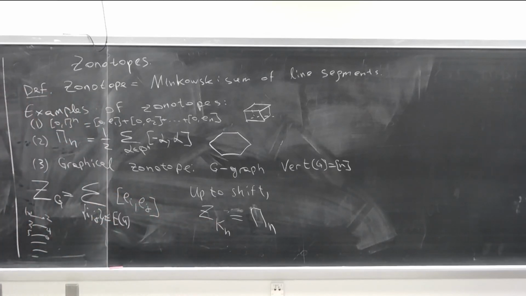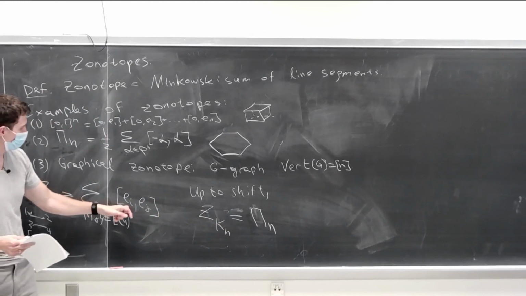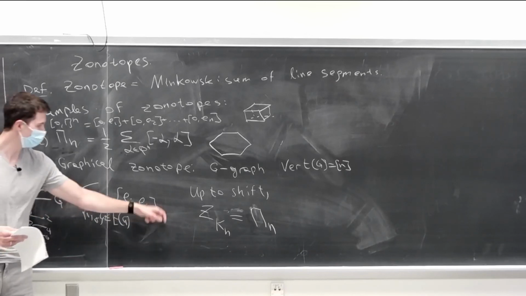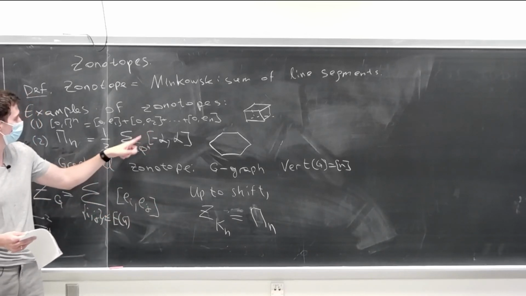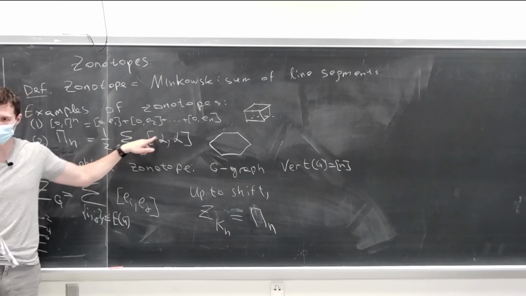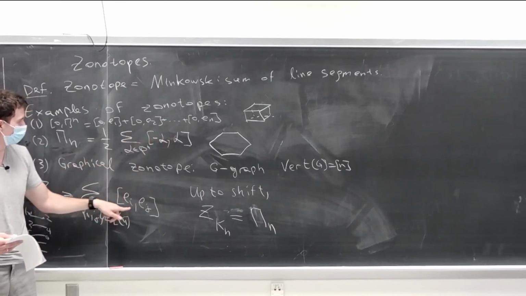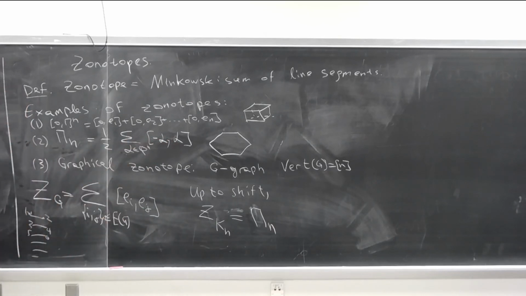Okay, I'm almost out of time. But maybe I should explain. So up to shift, if you shift your zonotope properly, then each line segment here becomes just this line segment. If you shift by ei plus ej over 2, then this becomes negative alpha to alpha. And